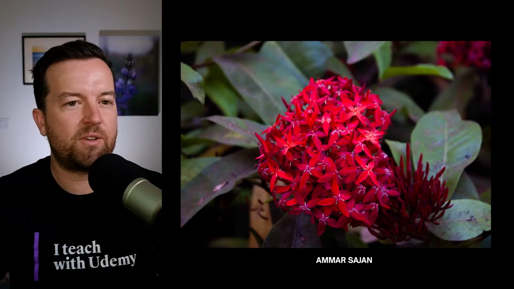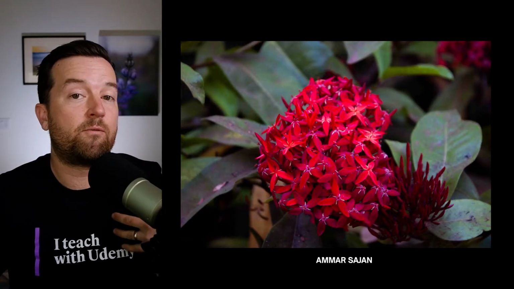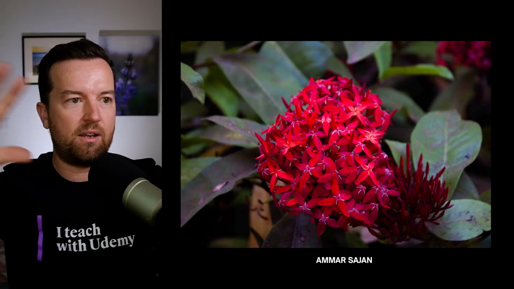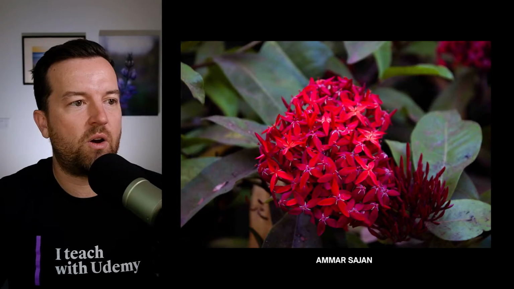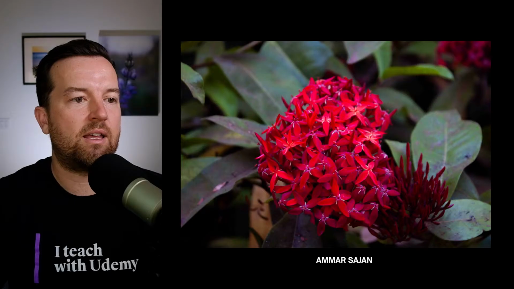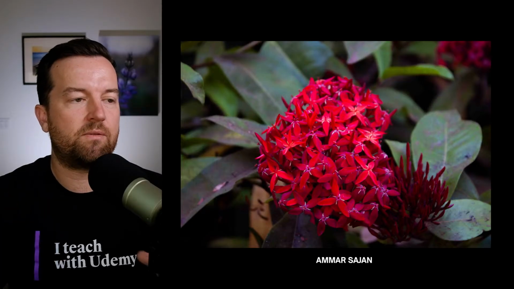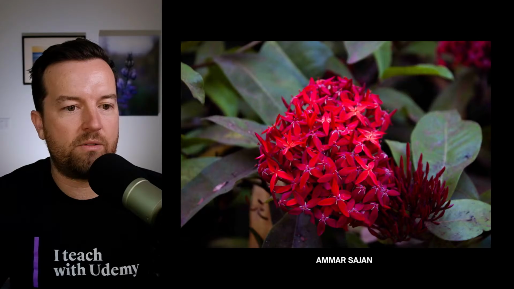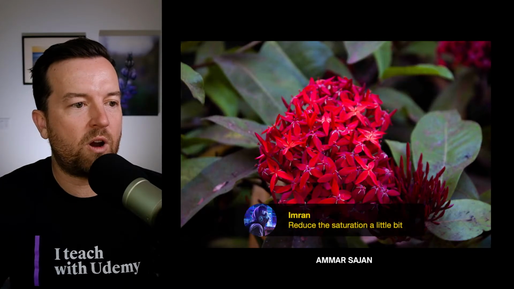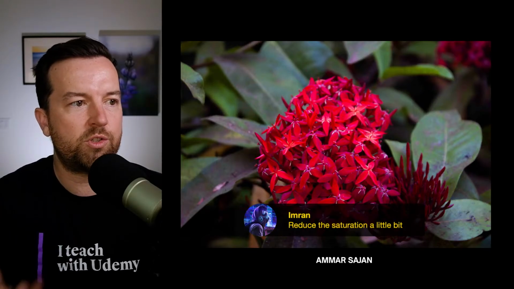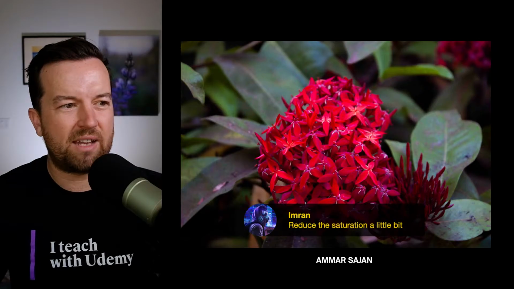For these types of flower and plant photos, what I think stands out for me is when there's one singular subject that's easily defined amongst the background. And so when anything else is competing for attention or competing with the shape of things, I think that's where maybe a choice of a different bunch of flowers, I don't know, maybe reducing the green in the background, as Maria says. I think Imran's right. Maybe the saturation is just a little bit over, too boosted for the flowers. Maybe bring that down just a little bit.